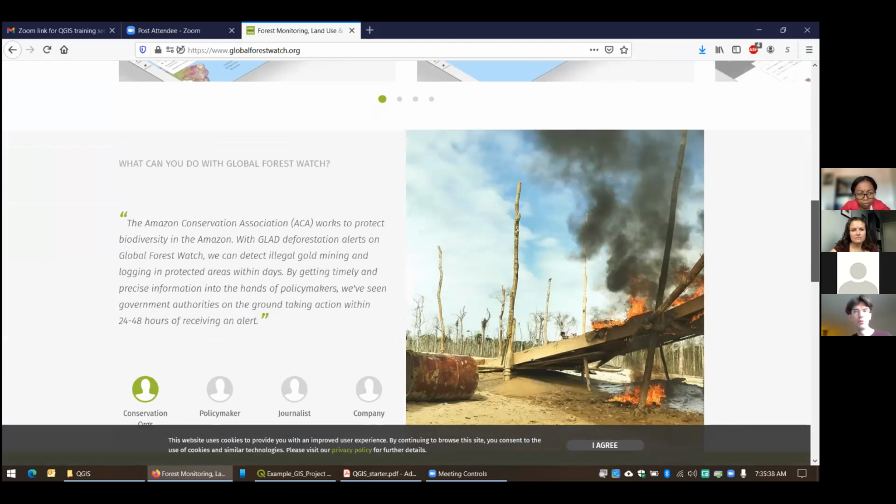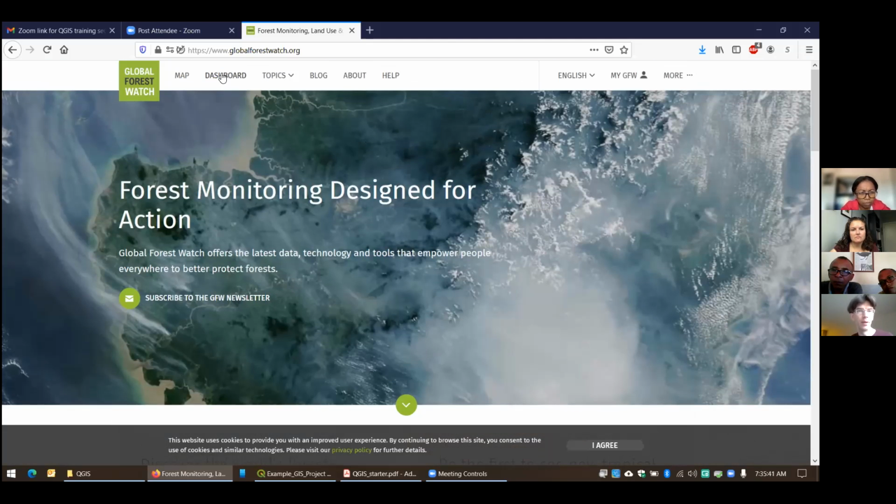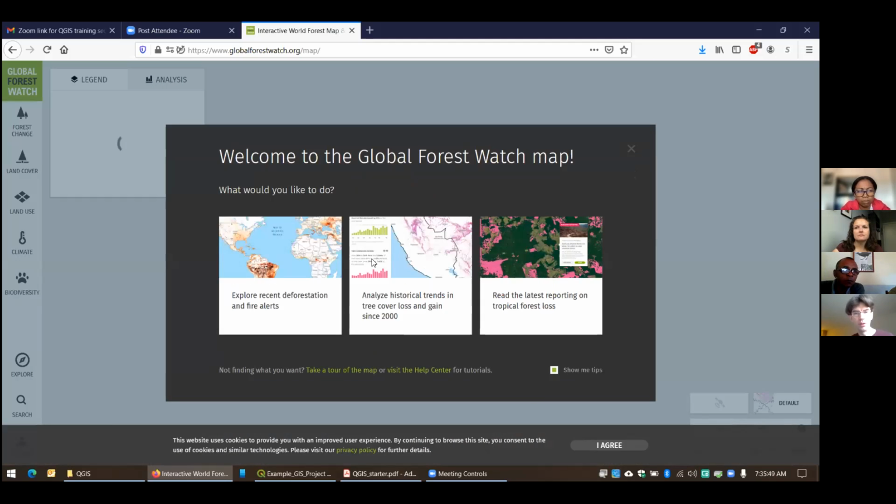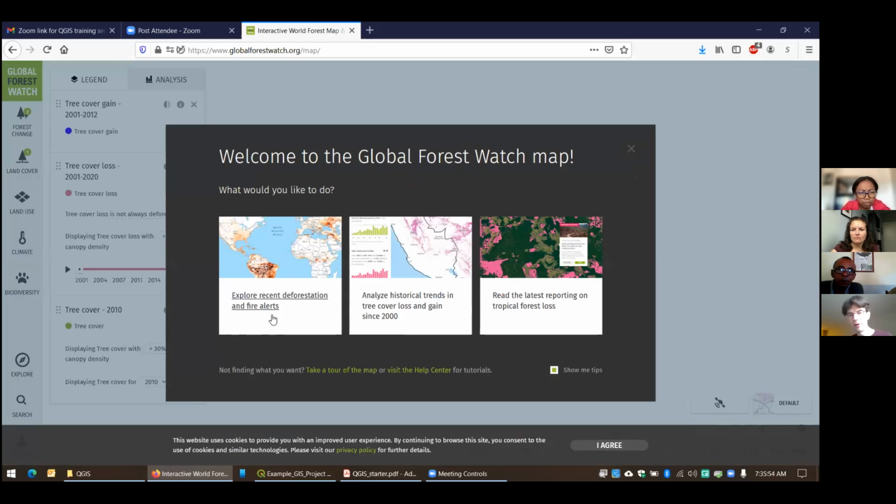But if you come to this website, I don't know if my connection is going to be fast enough this morning, but you can explore recent deforestation and fire alerts. So where have there been alerts where forests are being destroyed?